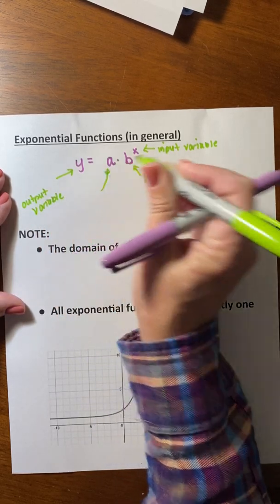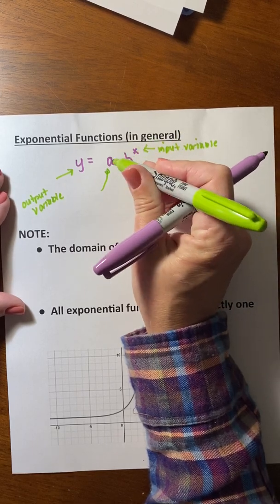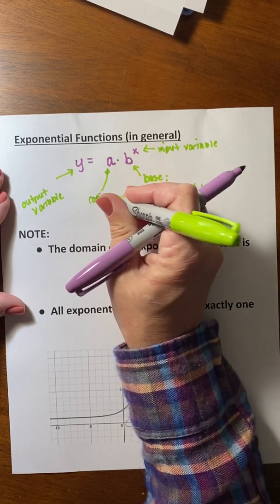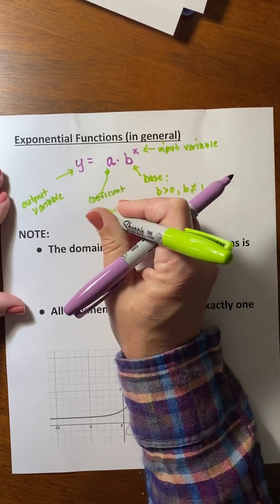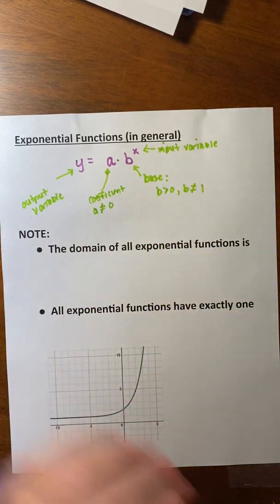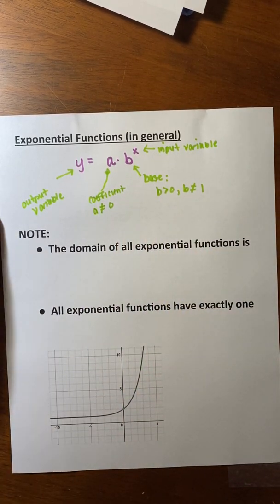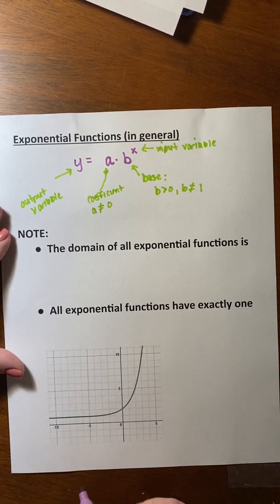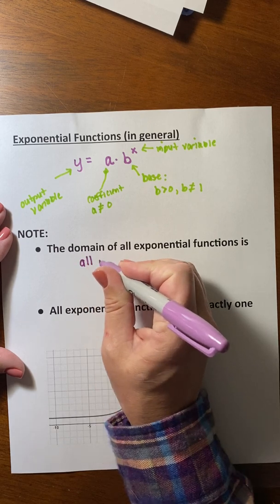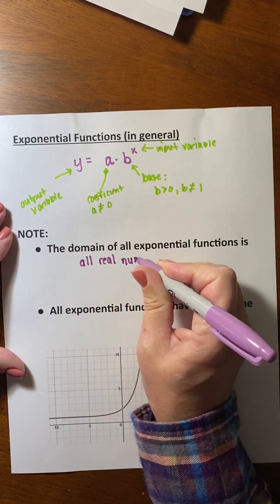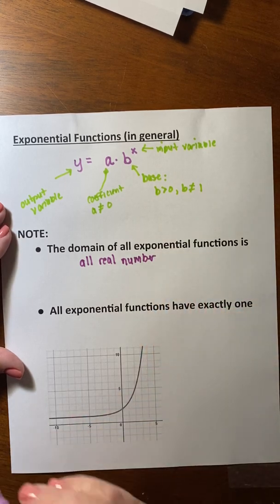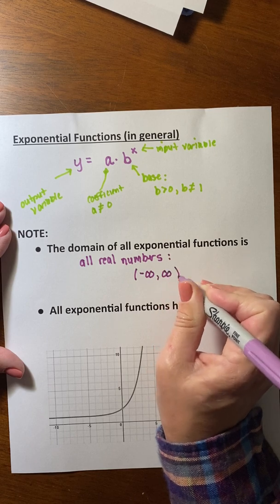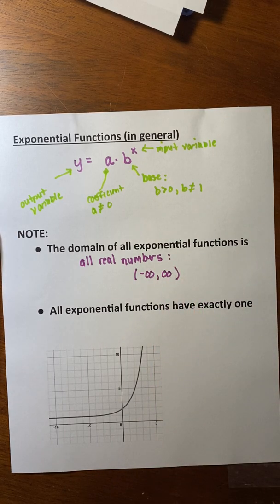Right, and then we call this number out front the coefficient. That power is only touching the b, so this power doesn't apply to that number out front. The only restriction on the coefficient is it can't be 0, because then we would just have the constant function y = 0, which again is not all that interesting. The domain of all exponential functions is all real numbers, unless otherwise stated. It's an application problem, perhaps, maybe input is time and we can't go back in time. So unless otherwise stated,